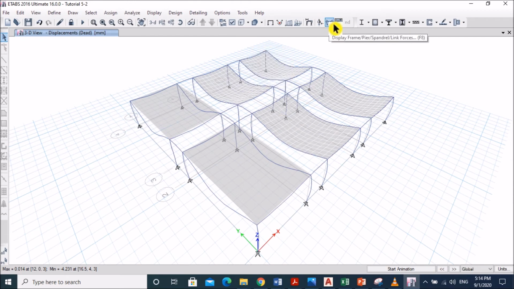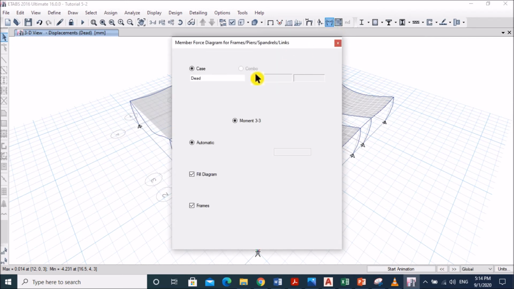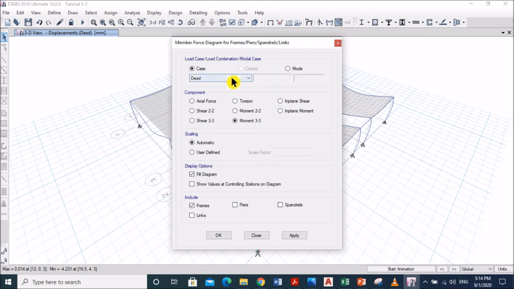Now we have to see the stress of the frame element, right? So display frame option and choose live. We want to compare the shear force of the beam due to live load and dead load. So it will be shear 2 option.